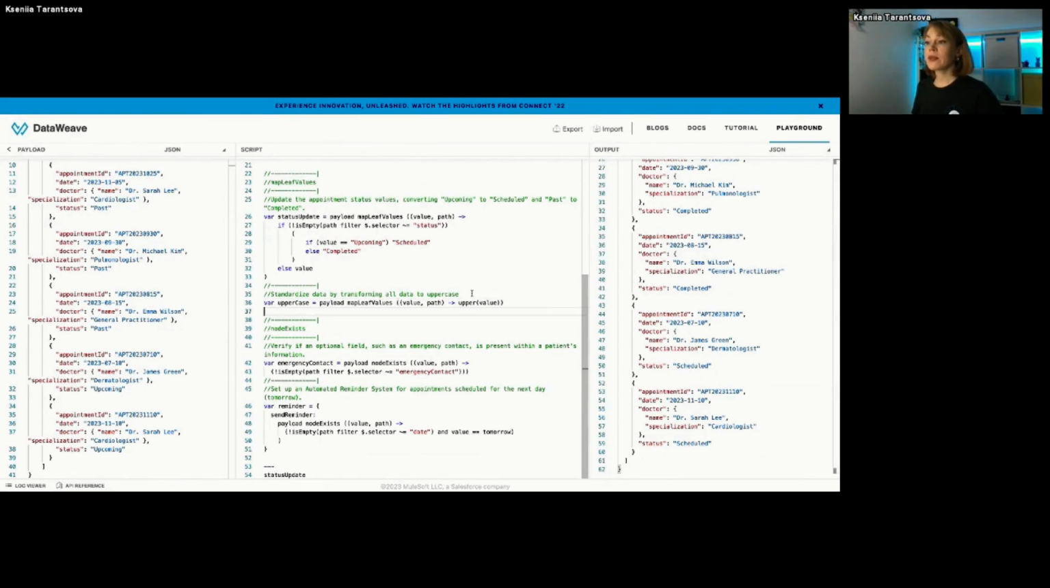Yeah, so next use case is that we need to standardize data by transforming all data to uppercase. It can actually be a real-life scenario. Suppose any system communicates with your API, and requires your API to return values in uppercase. Usually for these scenarios in DataWeave script, and that's what I did as well, we used to use these recursive functions. We check whether it is an array, do this, whether it's an object, do this, string, okay, finally